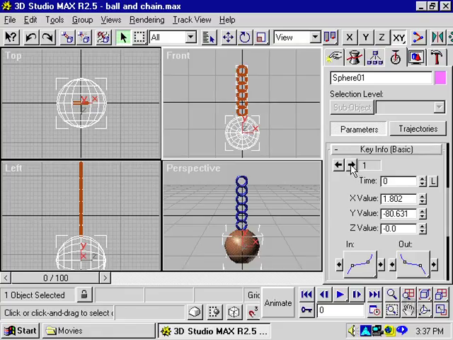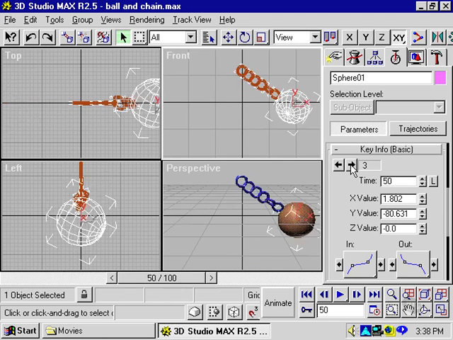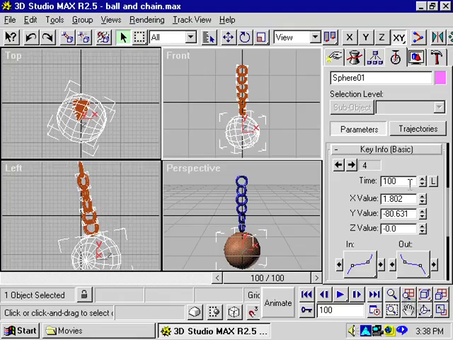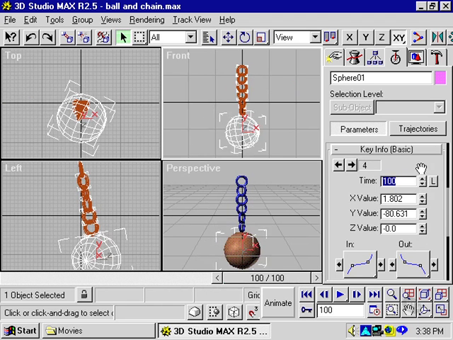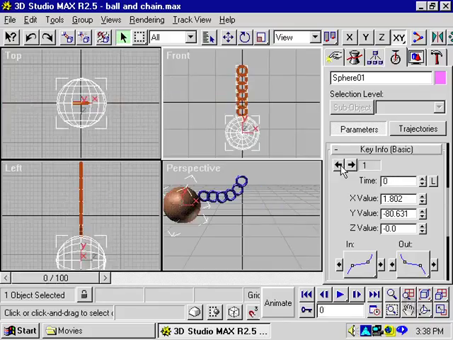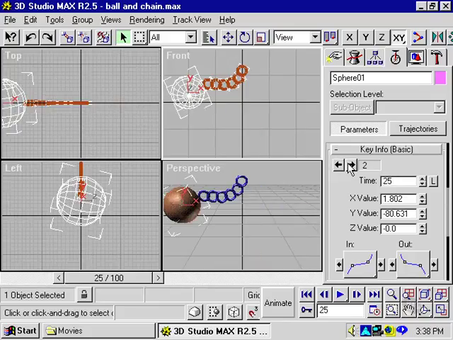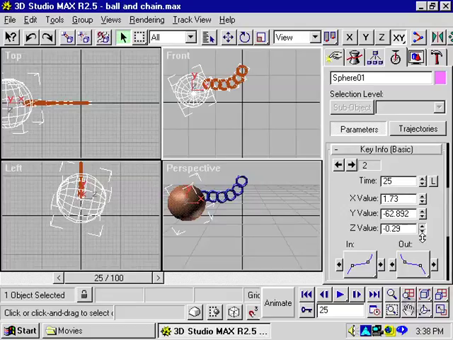I can go through my keyframes by clicking to the right to move forward through my keyframes, to go to my second, third, and fourth keyframes, and you can see the time here is denoted in this time box and can be changed by moving the scroller. And I can move back by clicking the back arrow to move backwards through my keyframes. At these keyframe times, I can change the values for X position, Y position,